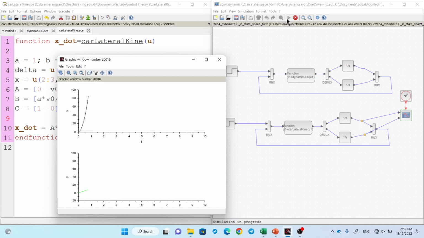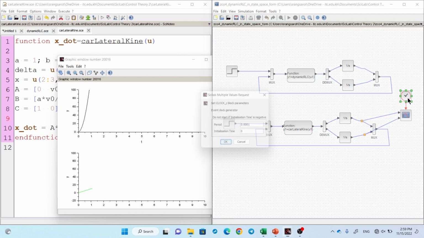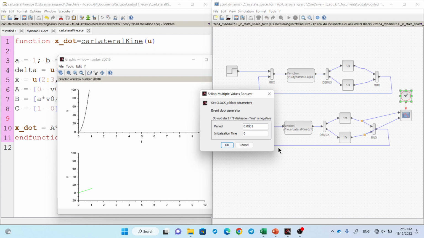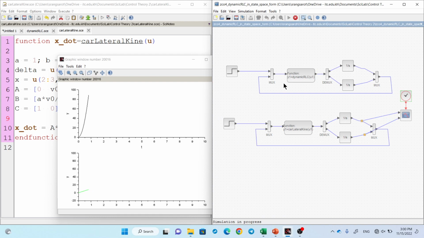Why is it so slow? Because I use this one too small, right? Here, too small. Because the dynamic is not so fast, we can use a larger distance from one point to another in the sample time. So this one can also represent the sample time. So I want to improve the speed, like 10 times faster. Okay. So this one goes to 100 already, but this one just goes to, yeah,